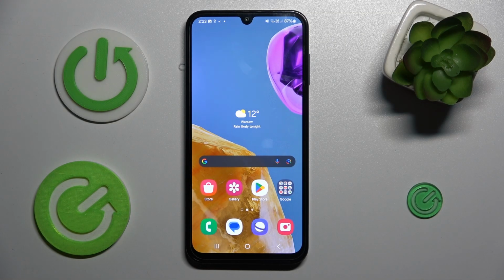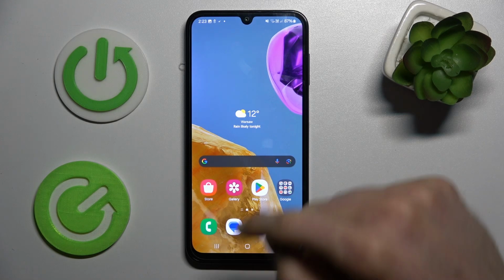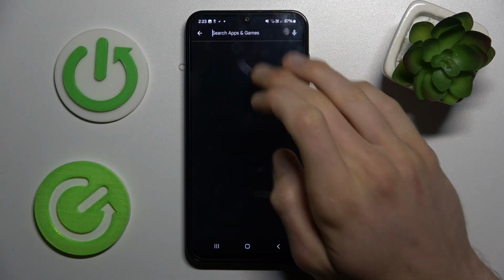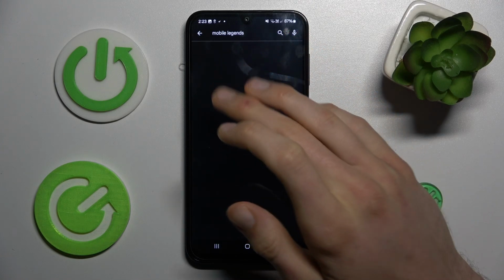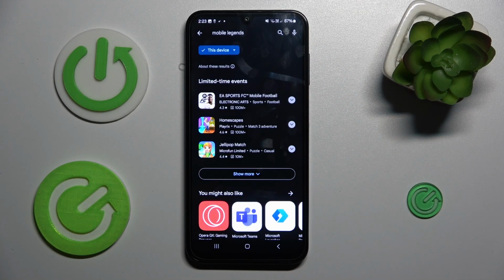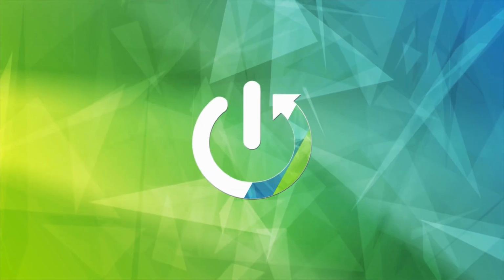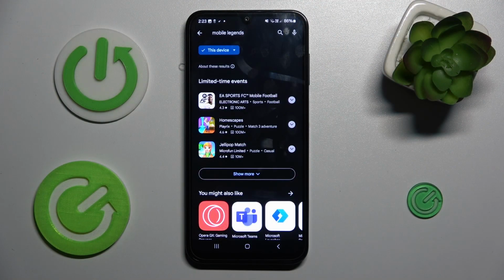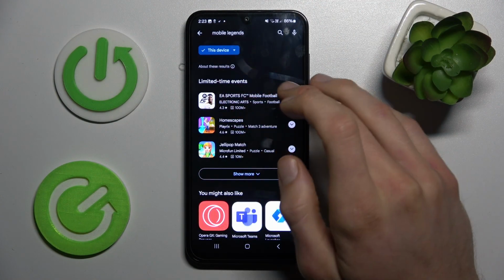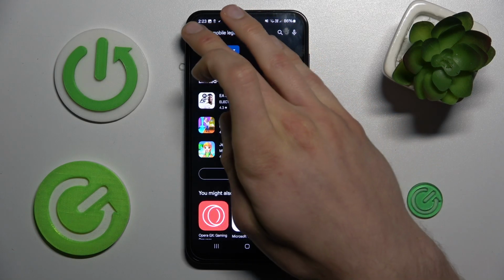Today I have a Samsung Galaxy F15 and I want to show you how to fix the problem when you are connected to the internet but your game or application, such as Mobile Legends, is not visible on your Google Play Store, as in my situation. When you search for your game or application but you don't have it there,